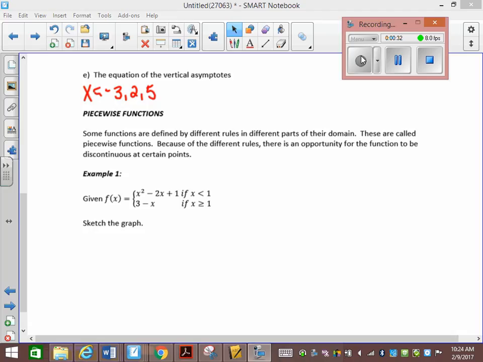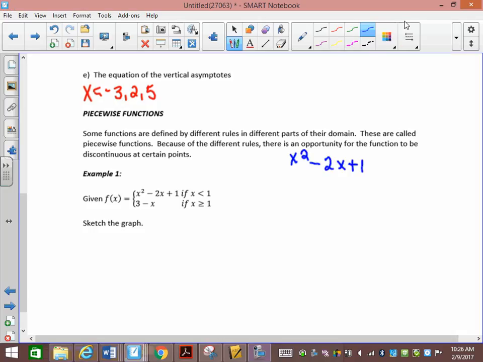In the whatever form, yes. The completed the square form. Okay, so everyone right now, take x squared minus 2x plus 1 and put it in completed the square form. Plus blank minus blank. Okay, so we get x squared minus 2x plus 1. So we go bracket 1 x squared minus 2x plus blank minus blank